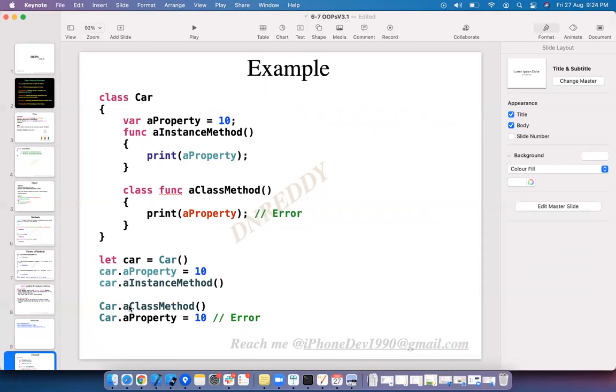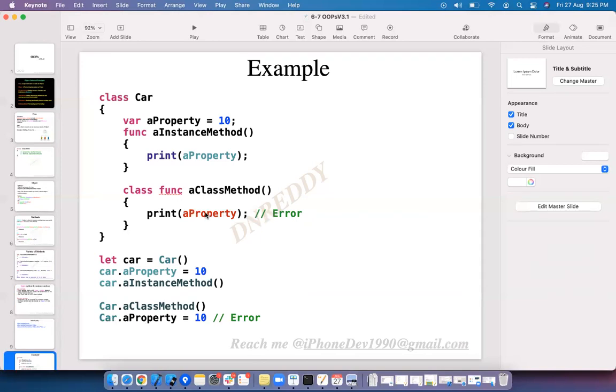On top of the class name, I am calling car class name dot a property. It is giving an error because a property is only accessible by using an object, but not the class name. On top of the class name, you cannot access the property.